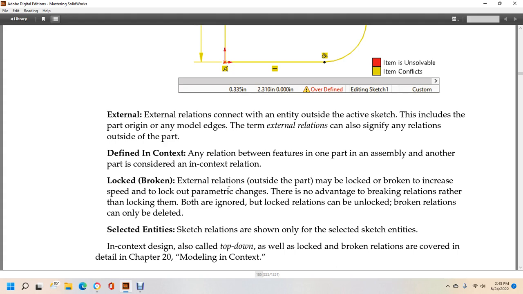Both are ignored. Locked relations can be unlocked. Broken relations can only be deleted. Selected entity sketch relationships are shown only for the selected sketch. Entity in-context design is also called top-down, as well as the locked and broken relationships covered in detail in Chapter 20,